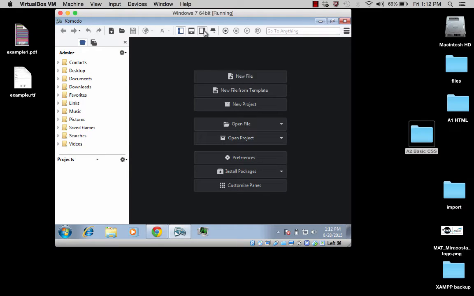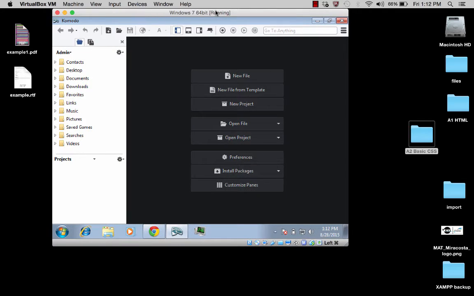Okay, and if we wanted to do the same thing in a Mac, I'm going to show you that in just a moment. But for Windows users, let's go ahead and complete this process. So if I look on my desktop in my local files, and this is, by the way, going to be the same for a Mac user, you'll see here that I've got my A2 Basic